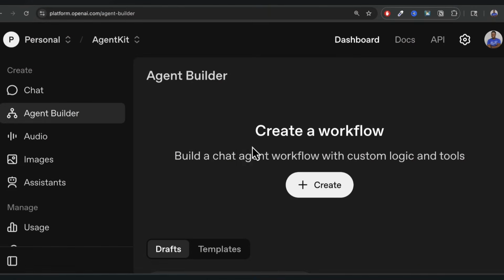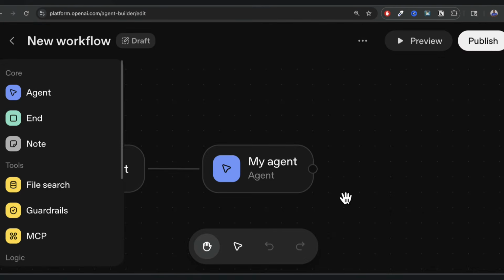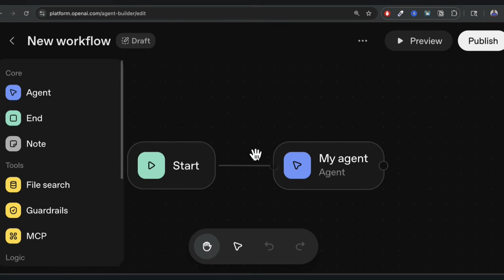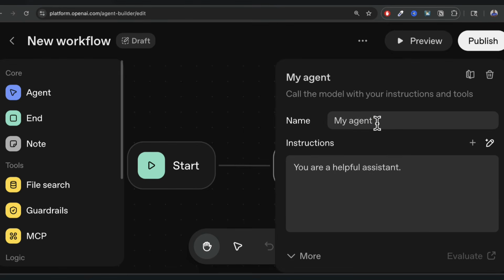Okay, now let's go ahead and go back and create our own workflow from scratch. So go back and we're going to say create. Okay, and so the first time we do that, you can see we have the starting point, the start node, and then we have my agent. So click and we can give a name to our agent. Let's call this